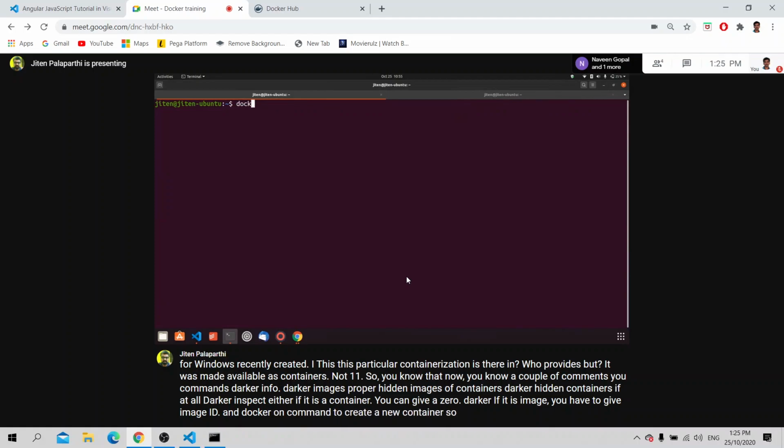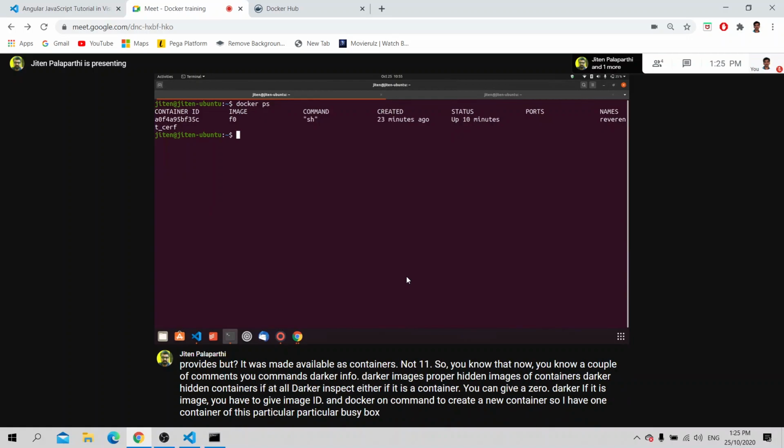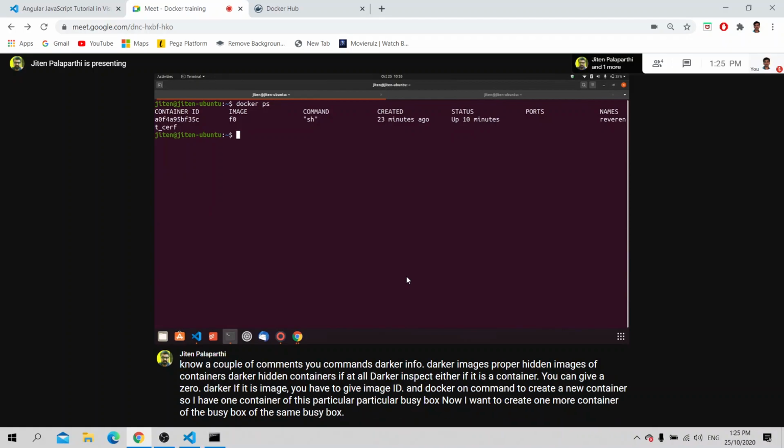So I have one container of this particular BusyBox. Now I want to create one more container of the same BusyBox. I can run a number of containers as and when I want.